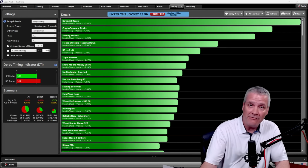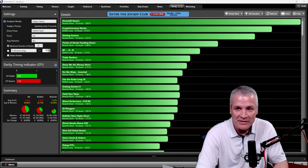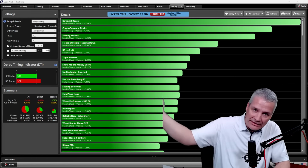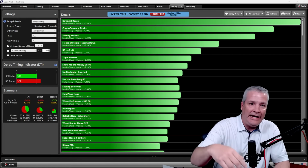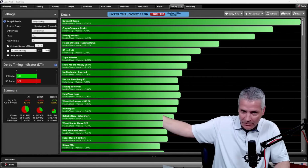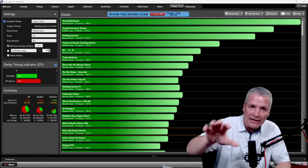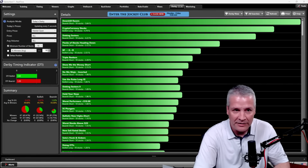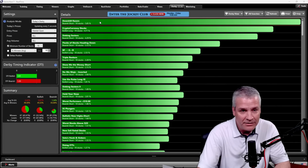It's a lot like running a race, which after all is why we call it the Derby. It's built in the spirit of a horse race, where the stocks that are exploding today are contained within these strategies, these green bars. And as they continue to shoot up the page, the bars go to the right, and the strategy that's got the best performance of the stocks that are inside works its way all the way up to the lead runner. And so if I click on a strategy, say downhill racers, a couple things you notice